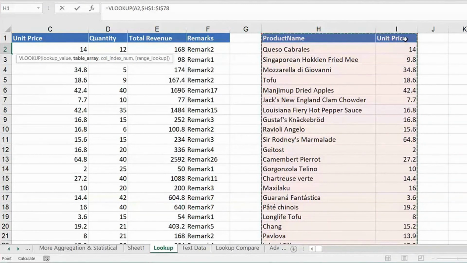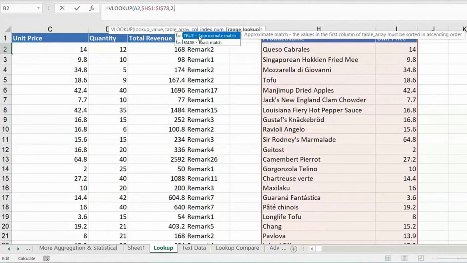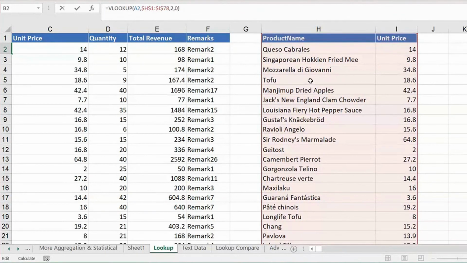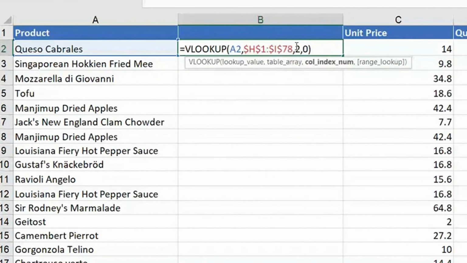But if you take a full column, you don't need to, right? And then the next parameter is the column number from where you have to fetch the information. And then the last parameter is either exact match or approximate match. In these scenarios, we go with exact match. Close the bracket, enter. So this is how you write a basic VLOOKUP. These four parameters are important: what to look for, where to look, what to bring. The column number says what to bring, and this says the exact match.